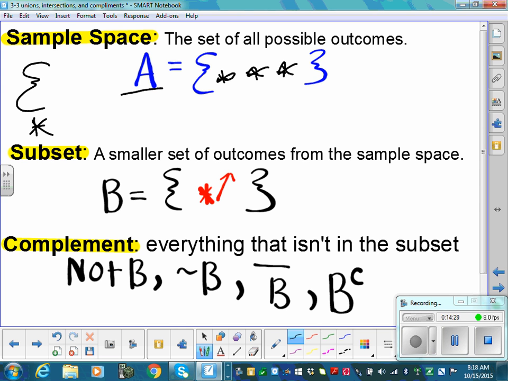Everything not in B. This little squiggly B means the complement of B. So everything not in B. They all mean the same thing. This line, this bar over B means the complement of B. Everything that's not in B. And then that B with a little C means B complement, everything not in B. So these are just different ways to denote the complement, which means everything not in the